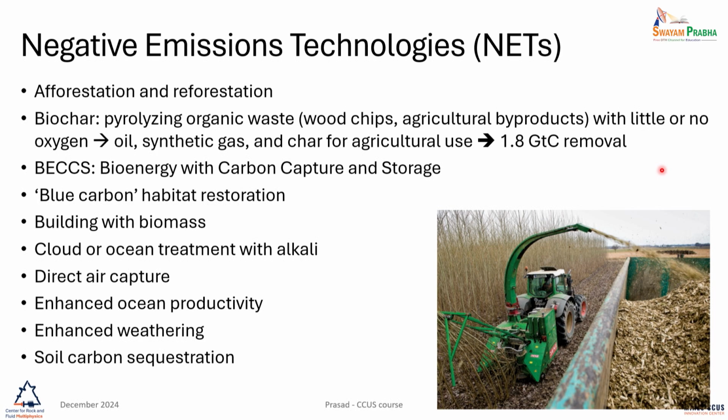So if we count up all of the previous ones, you have afforestation, reforestation. We have biochar. This is an example of biochar. This is an agricultural field that has been harvested. This is bio waste leftover. In most of Indian farming, this is burnt down, and you prepare the land, you till the land for the next crop. Burning of this crop or the spent crop releases a lot of emissions in the atmosphere.